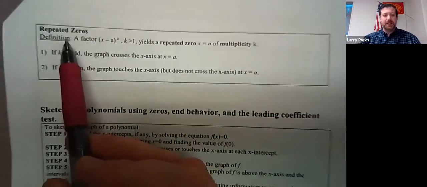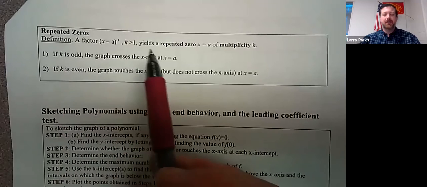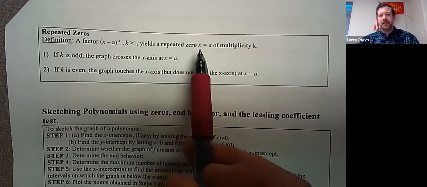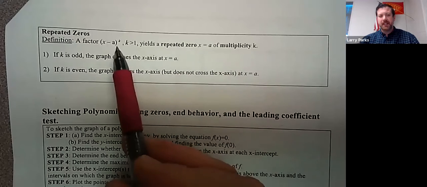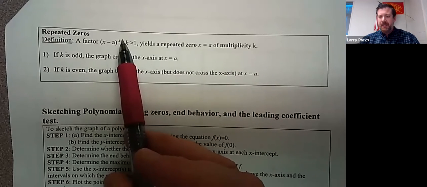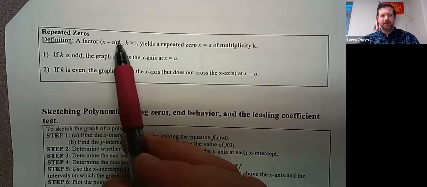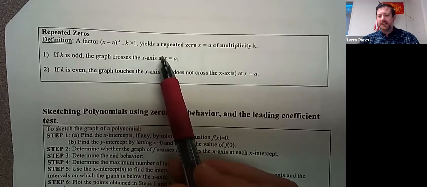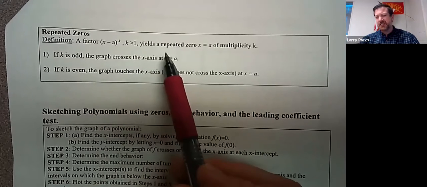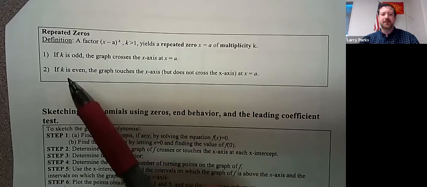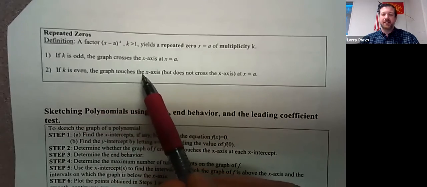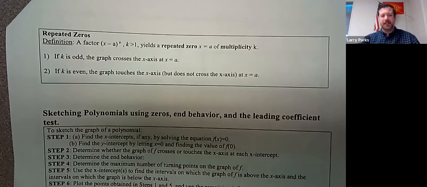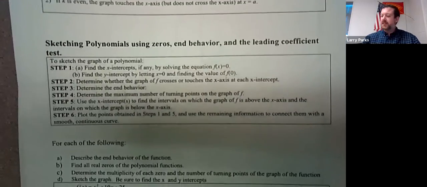Multiplicity, also called repeated zeros. A factor (x minus a) to the k yields a repeated zero, x equals a, with multiplicity k. In other words, you could look at the exponent, and that tells you your multiplicity. If your multiplicity is odd, the graph crosses the x-axis. It's usually a squiggle, unless it's to the 1st. If it's even, the graph touches the x-axis but does not cross it. Some people call that a bounce. So what we're going to do here,